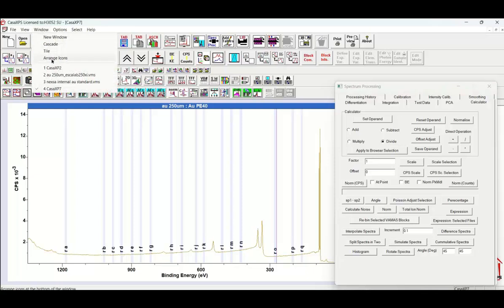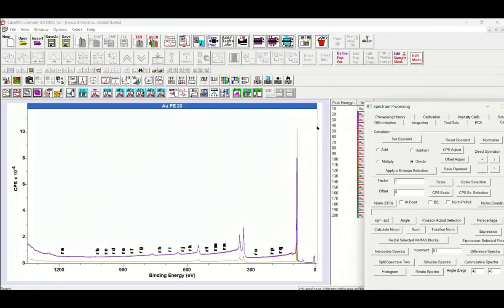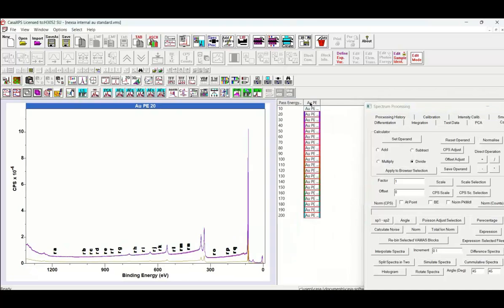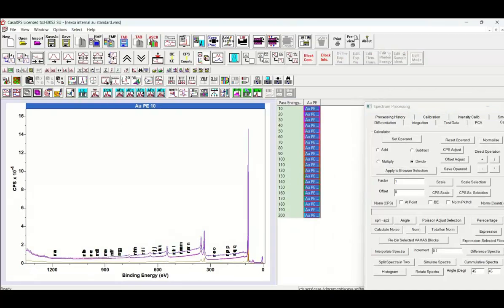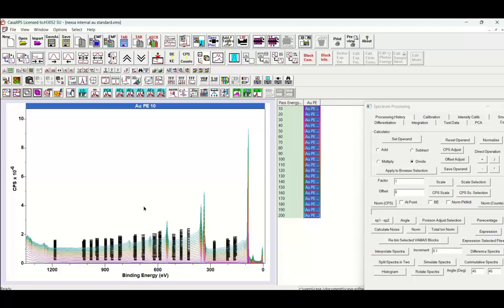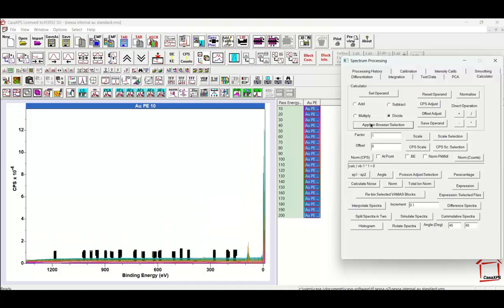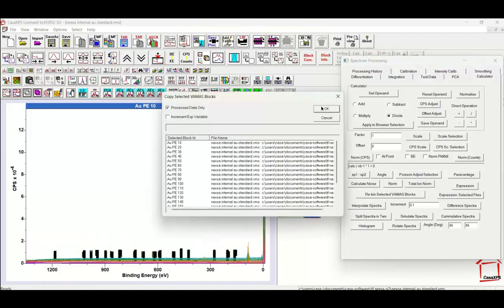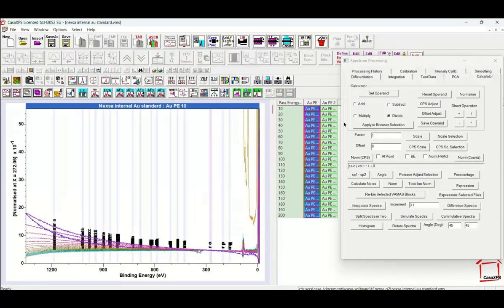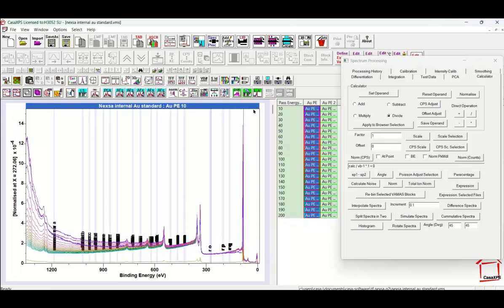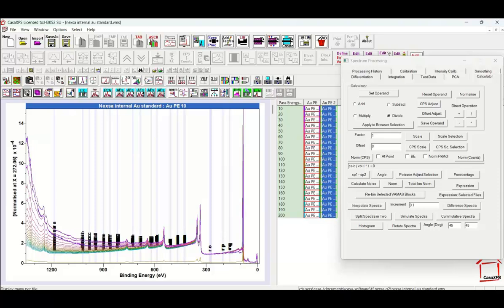So let's go back to the data for the Nexus, and we need to make a selection. But before we can make a selection, what we ought to do is return these to the unprocessed state. So we've taken out the division by the transmission function, and what I want to do now is divide by the operand that I've just set. So let's do that, and then I will copy. So let's return these to their original state. Use the reset button, and I've now got a set of curves